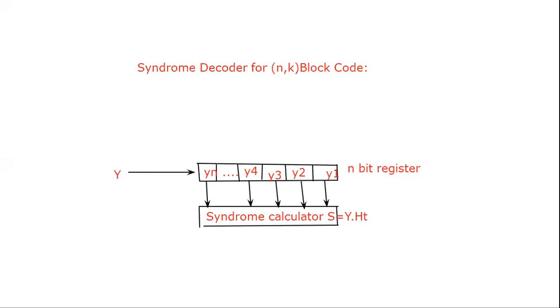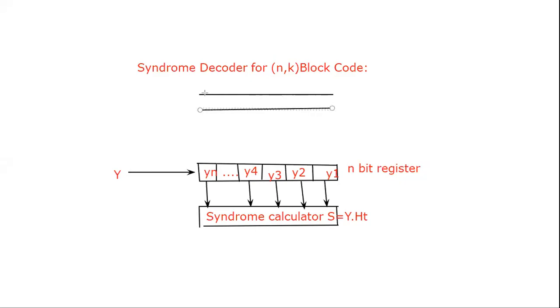Now I want to write the error vector. For an (n, k) block code, how many number of error bits are available? For an (n, k) code, the number of error bits is 2 power n minus k? No, the question is the number of bits in the error code vector. N bits only. All right, n bits only.